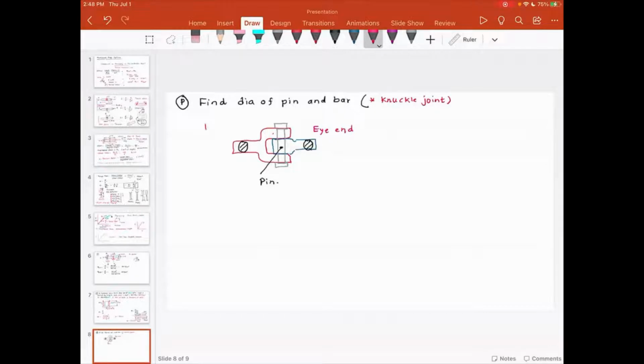This is called the forked end. And you have a central pin that is making sure that the eye end is connected with the forked end. Now, if you look at the loading,